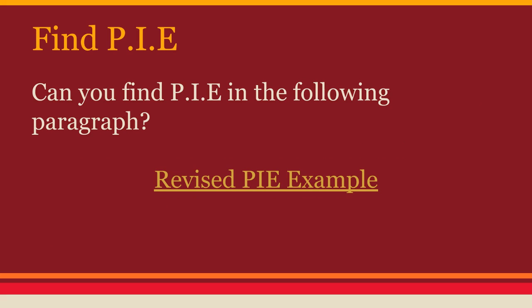Okay, so on your interactive handout, you're going to find another activity right after this one. It says find PIE. Can you find PIE in the following paragraph? And in this one, there's a really long paragraph. It asks you to color code PIE. So for each element of the body paragraph, I'd like you to pick a different color. So P would get a different color from I, and I would get a different color from E. And I want you to find the pieces in the paragraph and highlight them to categorize them correctly. So in the example,